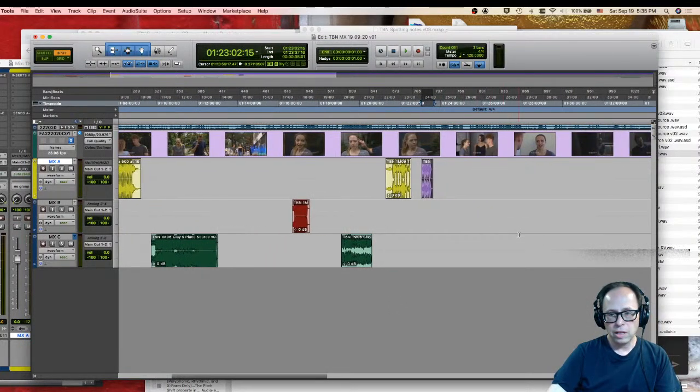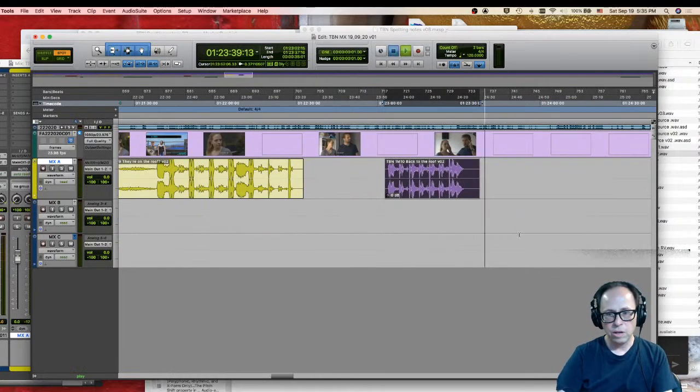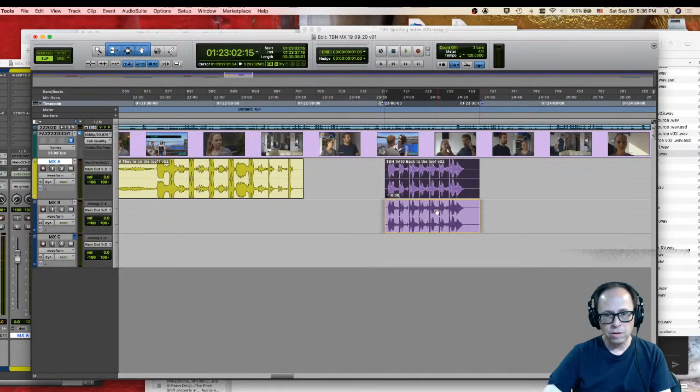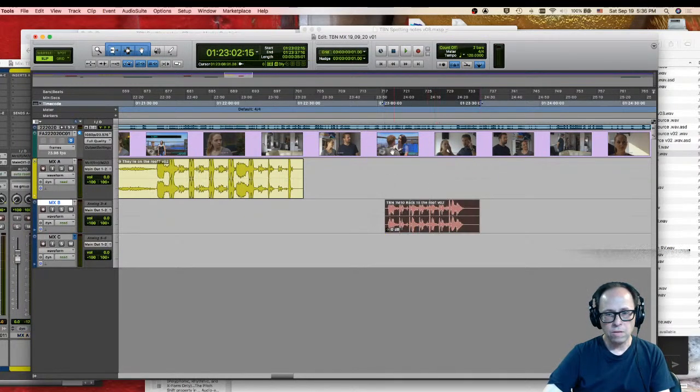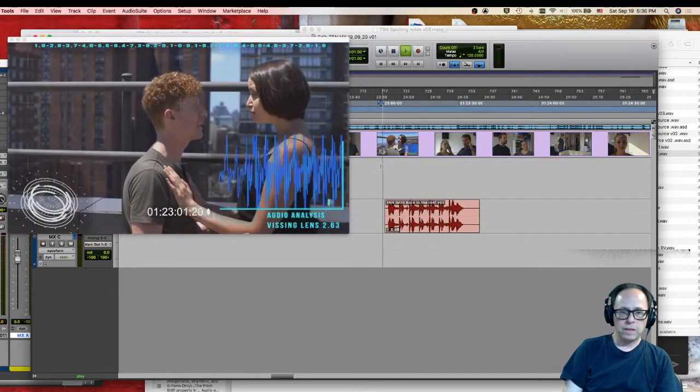So it looks like it's popped up. Let's see if we can get this to show up right here. 1M10 Back to the Roof. And that's the address where it's supposed to live. I actually would like to move this down so that it's not on the same track as the previous one. I like to alternate which track things are on. So let me do that right now. There we go. And if I wanted to, a quick check with video to see how this is lining up,